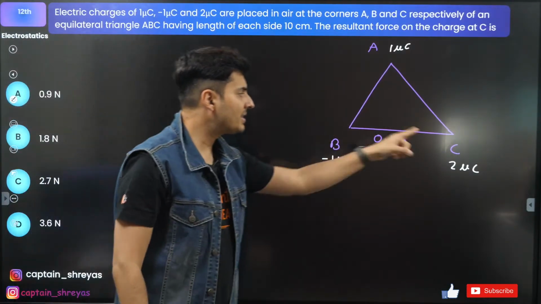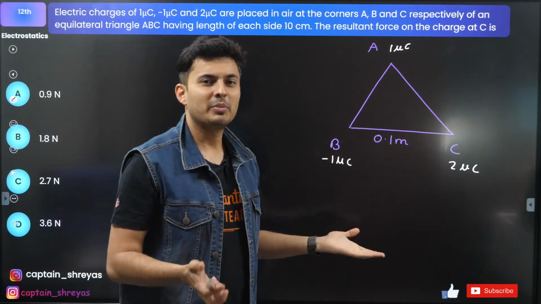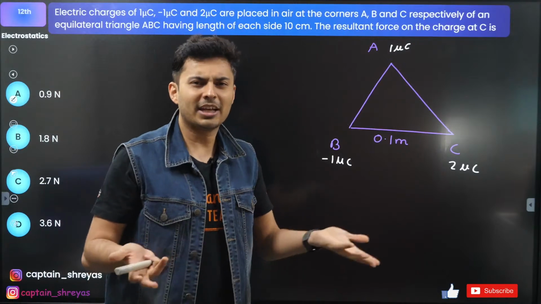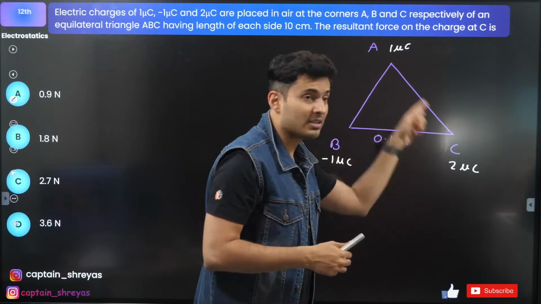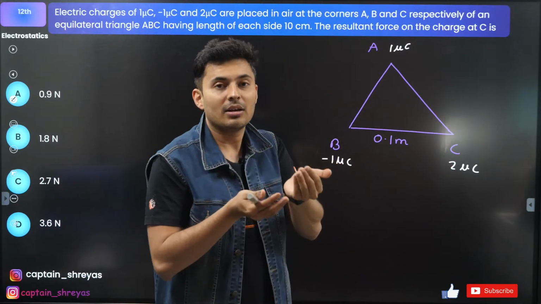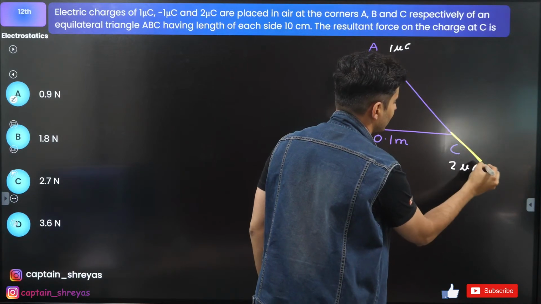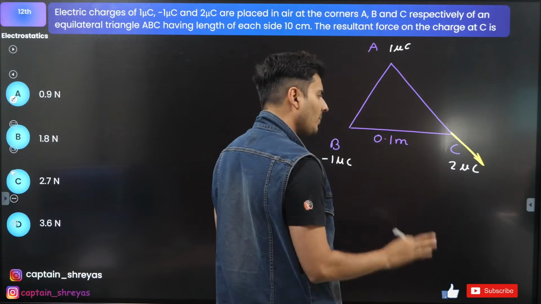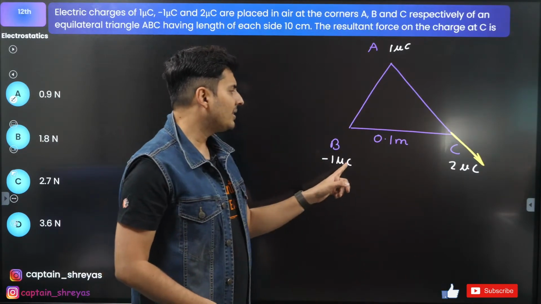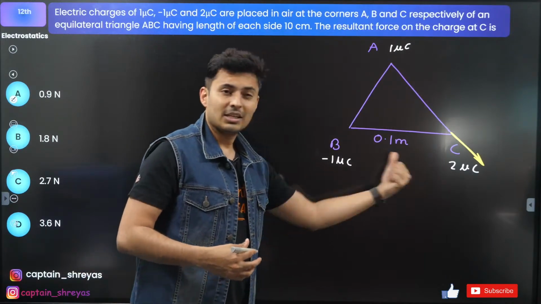Interesting. On C, this guy as well as this guy both will apply force. Which principle is that? Superposition, vector addition. That's all. So 1 microcoulomb will apply a repulsive force because they are equal in sign. Plus and plus will repel. So definitely along this line, I should expect a repulsive force between these two. Correct? Similarly, between this guy and this guy, because they are opposite in charge sign, that means they should attract